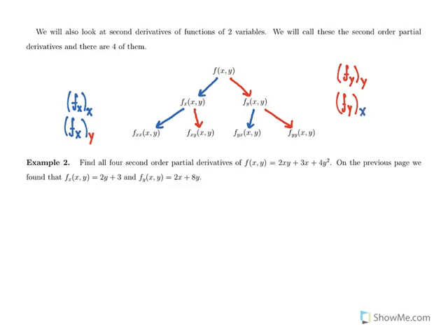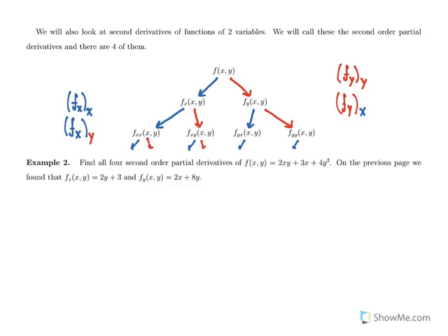So each derivative, you have 2 options, which variable you take it with respect to, which means that you have 2 first-order partial derivatives, 4 second-order partial derivatives,